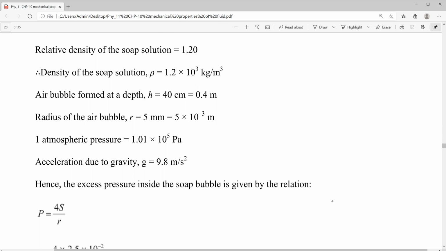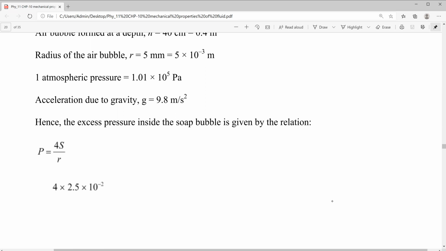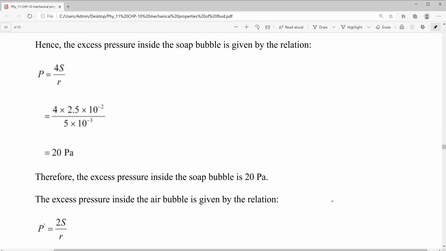Air bubble formed at the depth h is equal to 40 centimeter, and that is converted into meter, that is 0.4 meter. And radius of the air bubble is 5 millimeter, and if you convert in terms of meter, that becomes 5 into 10 to the power of minus 3. And 1 atmospheric value is always constant, that is 1.01 into 10 to the power of 5 Pascal. Acceleration due to gravity is constant. Therefore excess pressure inside the soap bubble is given by the relation,